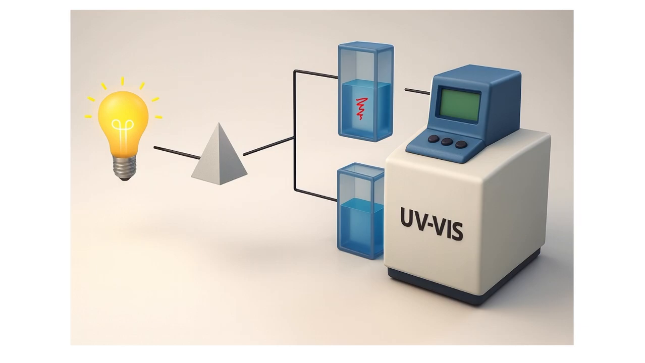Inside every molecule, electrons occupy specific energy levels called molecular orbitals, such as sigma, pi, and non-bonding orbitals. Above this lie higher energy antibonding orbitals like sigma star and pi star. When UV or visible light shines on a molecule, its electrons may jump from a lower energy orbital to a